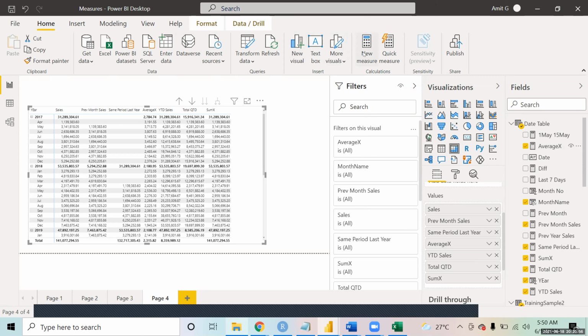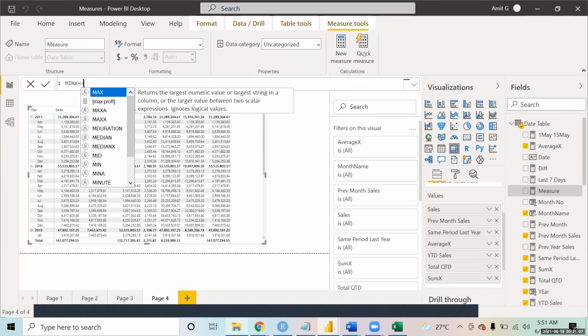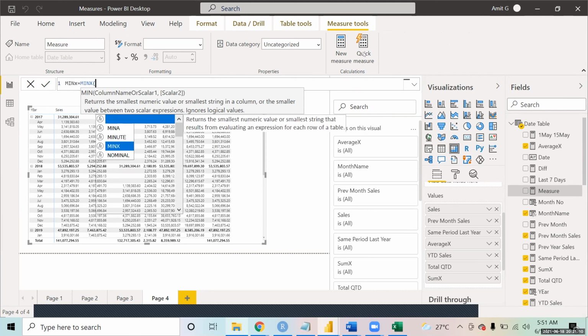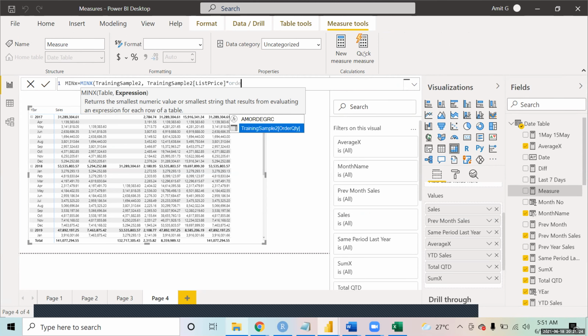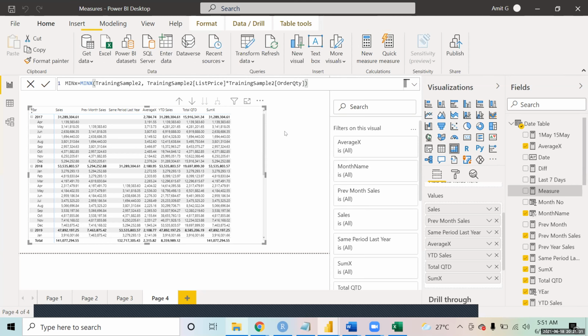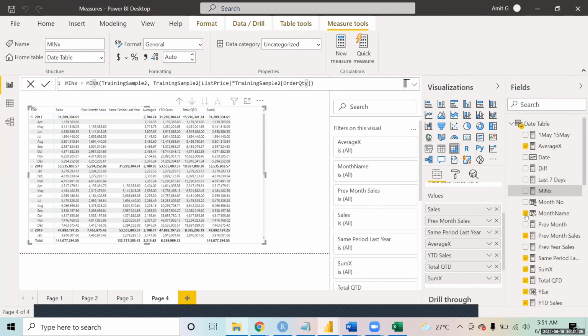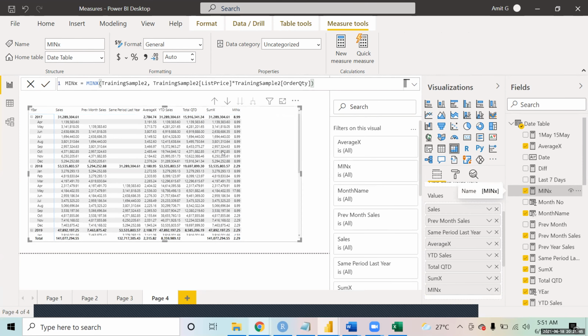So if I make a new measure now, basically it is giving the minimum price from each month.